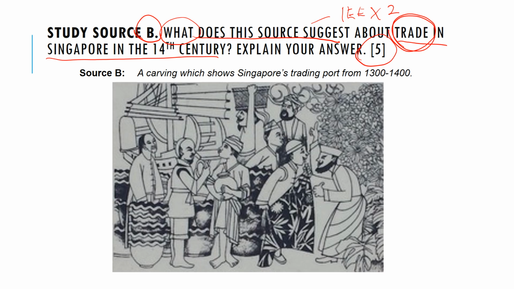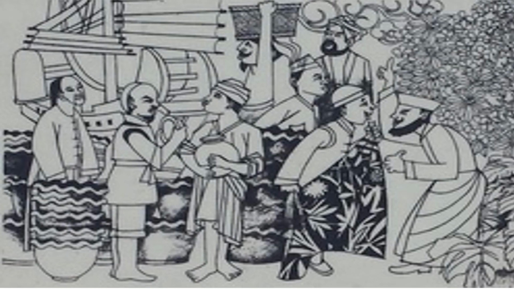From the provenance, what I can tell is that it's Singapore's trading port and it's 1300 to 1400. So we are looking at the 14th century. Now let's look at the picture. Let's first describe what we see. So very clearly, it's a trading area. There's a boat at the back. There's a man here. I'm not so sure what race he is, but I'm pretty sure this is a